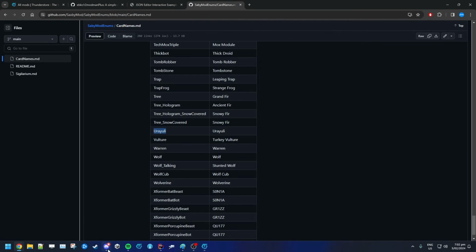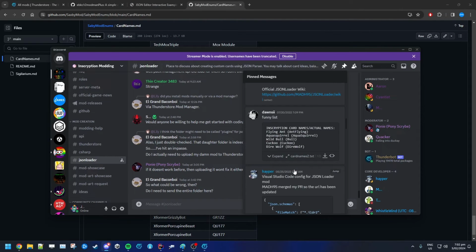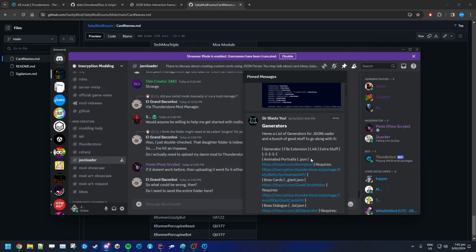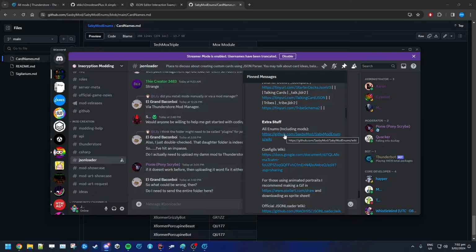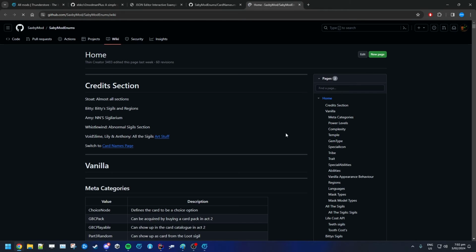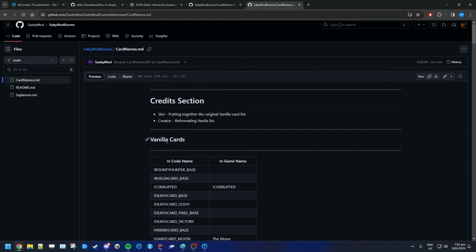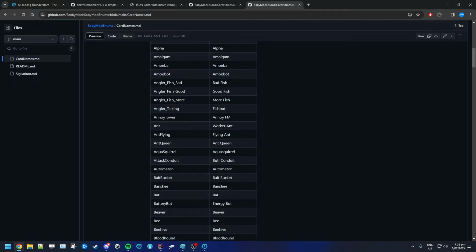So we go to the Discord. Over here there is one for... where is it? This one here. So the enums list. And then we can go back to the wiki. Oh, sorry. Click this one up the top here. And then it has a cardnames.md. And then we have ourselves a nice big list of all the names of the card and the actual display